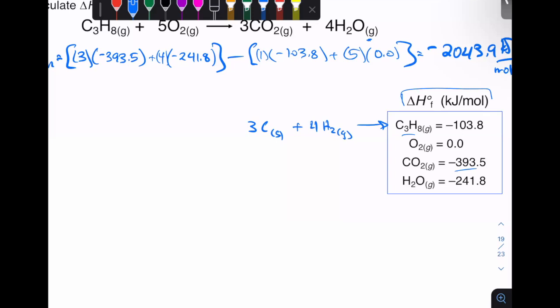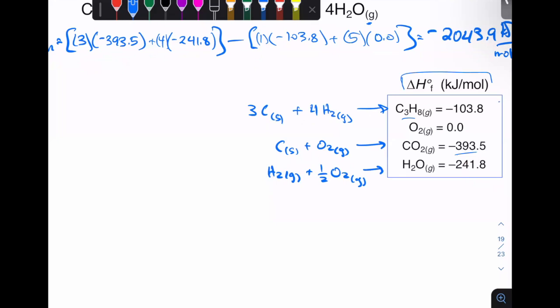How about carbon dioxide? You saw that one already. That was 1 mole of carbon as found in nature, plus 1 mole of oxygen gas as found in nature, gives you the formation reaction for 1 mole of carbon dioxide. And H2O, you've seen that one before too. That's going to be 1 mole of H2 gas plus 1/2 mole of O2 gas gives you that. Okay, so let's call this reaction 1, and we'll call this reaction 2, and we'll call this reaction 3,